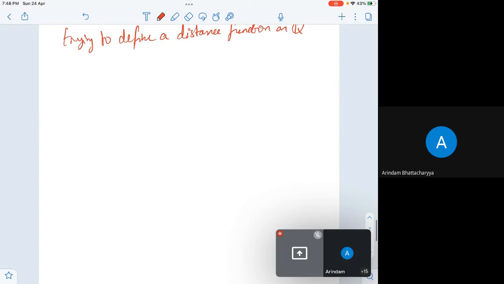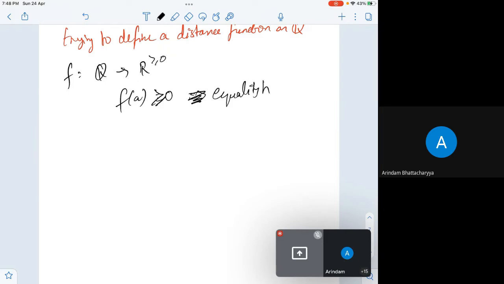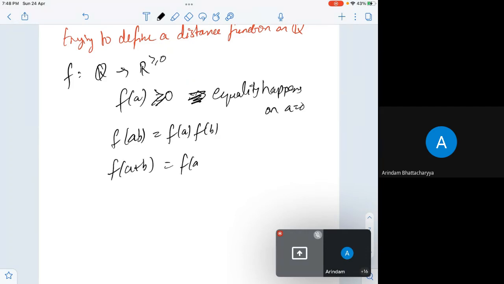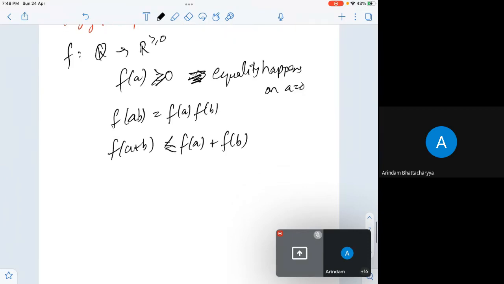Right. So what I want is a function f such that f of a is greater than or equal to 0, and equality happens only when a equals 0. I want f of ab to be equal to f of a times f of b, and I also want the way you should think of f is that f of a represents